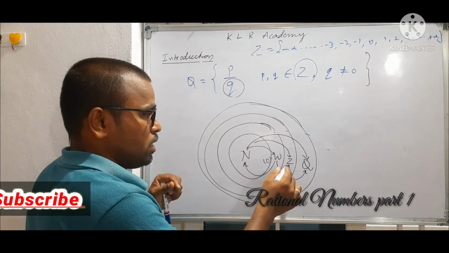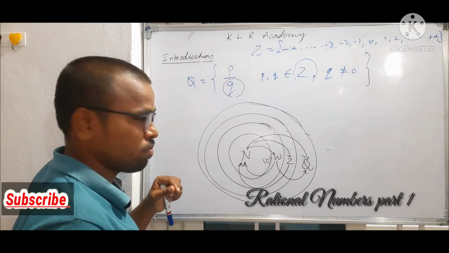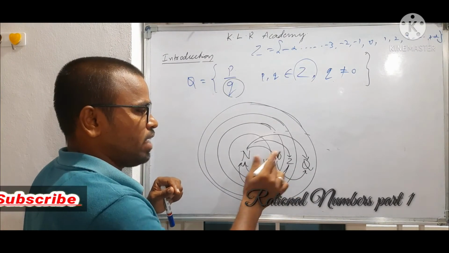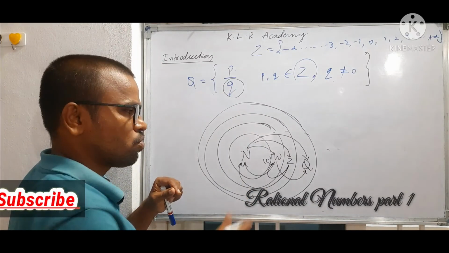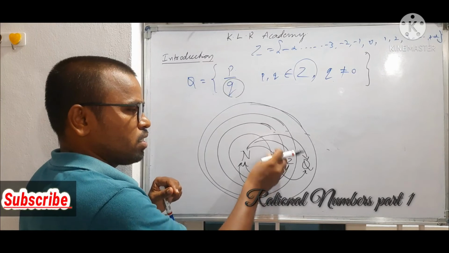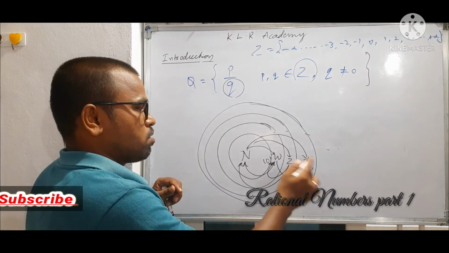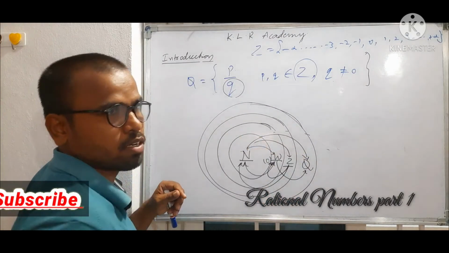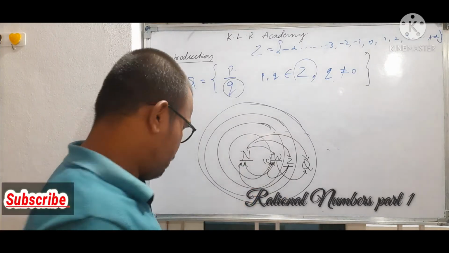See, among integers, only positive integers are natural numbers. As zero doesn't have a positive or negative sign, it is a neutral number, so we can include it in whole numbers. So natural numbers, whole numbers and integers are all part of rational numbers. This is the introduction topic.